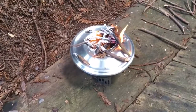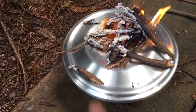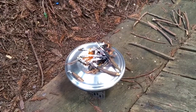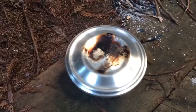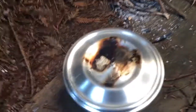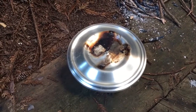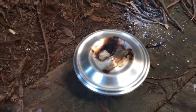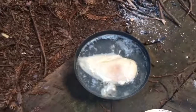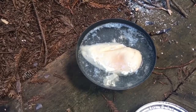So as the twiggy fire kind of falls apart, you can see that the twigs get caught on the side there. They kind of fall away from the flame and get caught in this ashtray kind of shape. They just sit on the side rather than falling on the ground. It's pretty cool. Okay, so this is the result, okay? Obviously the lid, this is a stove, and it gets dirty, just like a stove gets dirty. So you end up with that to put in your pack. Now that's from the solid fuel cube. If you only use a twiggy fire, the mess is a little bit less, but still it's messy. And then inside, we've got some chicken that kind of looks like chicken soup. It's still a little bit raw because it was still pretty frozen. So it's not really fair, but